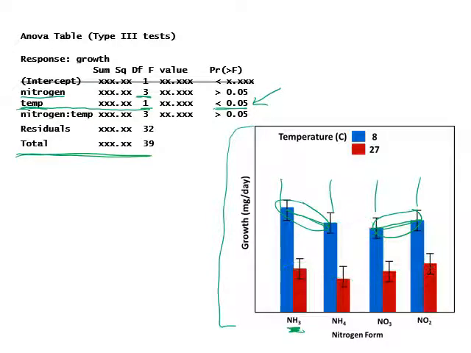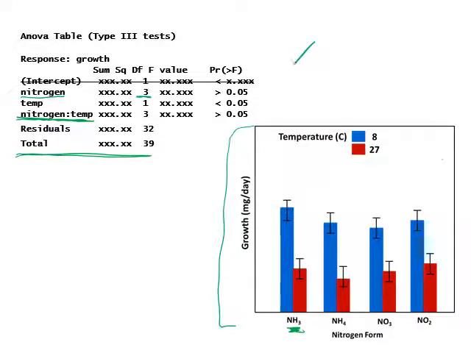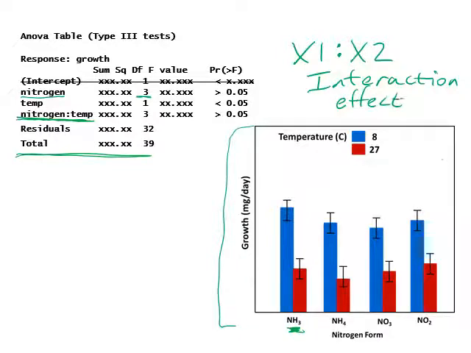When you look at it that way, what you notice is that the effect of temperature is about the same at each level of nitrogen. And so there's no significant effect of an interaction term here. And so here's how R shows you the interaction term. Nitrogen:temp, right? So what it has is x1 and then a colon x2. This is the interaction effect in the way that R writes out these two ANOVA tables,